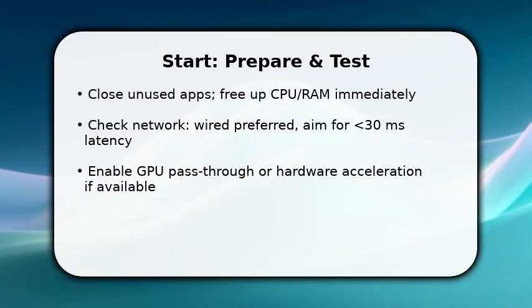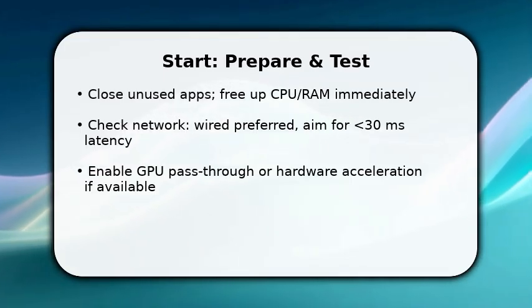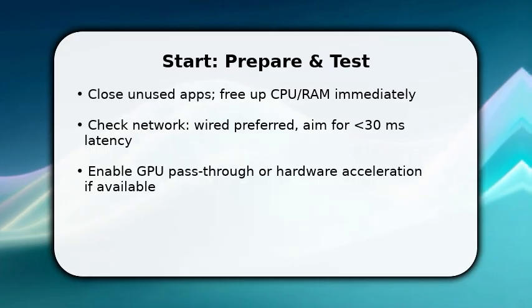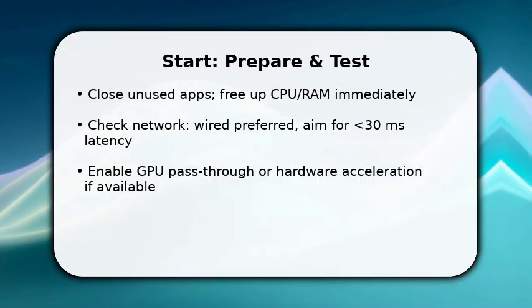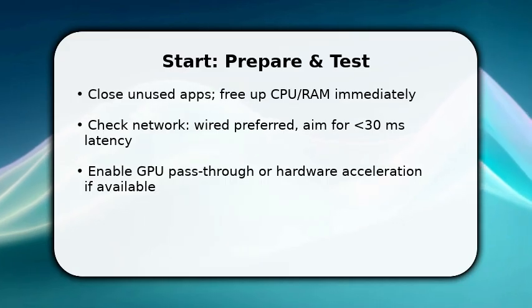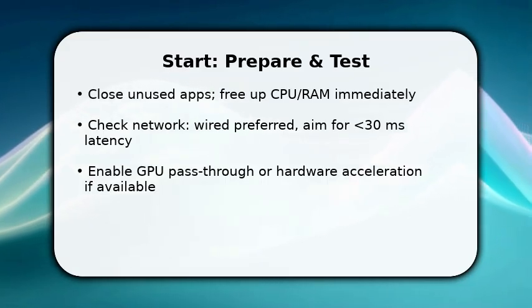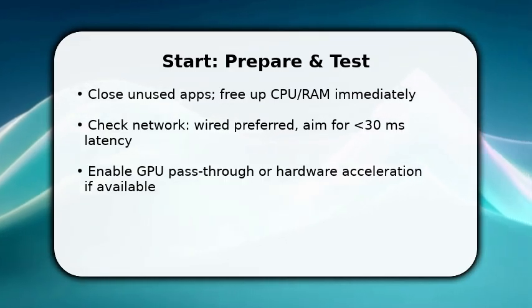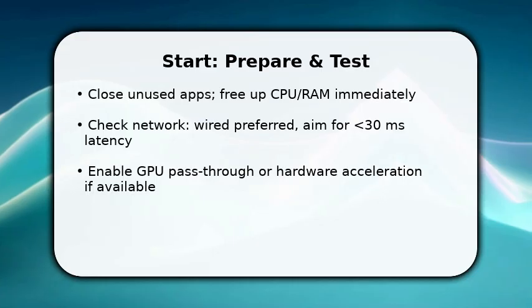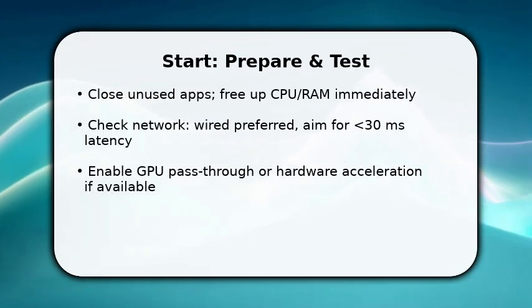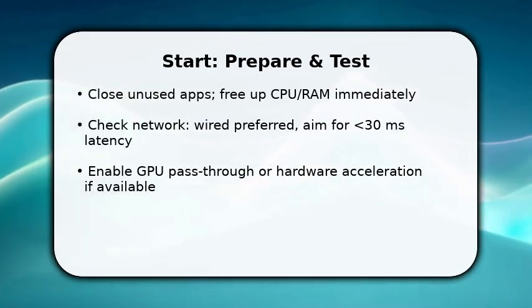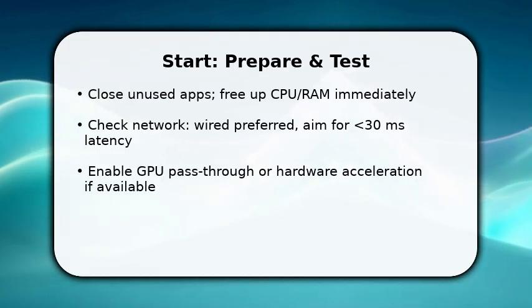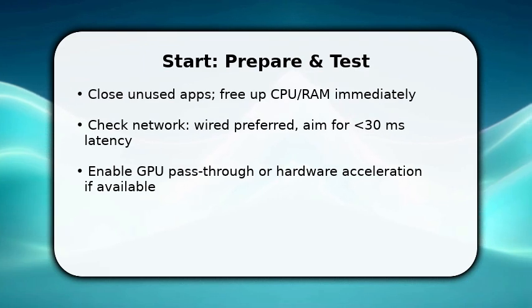You start by freeing resources and verifying basics. Close heavy apps and stop background sync so the virtual desktop gets CPU and RAM now. Next, check your network. Plug Ethernet for stable bandwidth and test latency. Less than 30 milliseconds is ideal. Once done, enable hardware acceleration or GPU pass-through in hypervisor settings to offload rendering. This reduces frame drops. Make sure to save settings and reboot the VM so changes apply cleanly before moving to